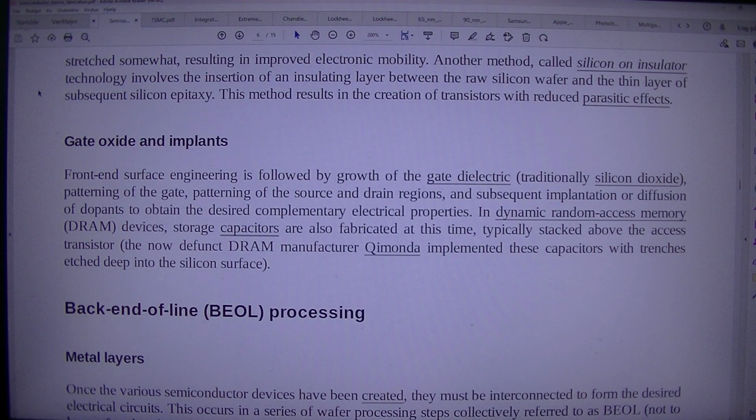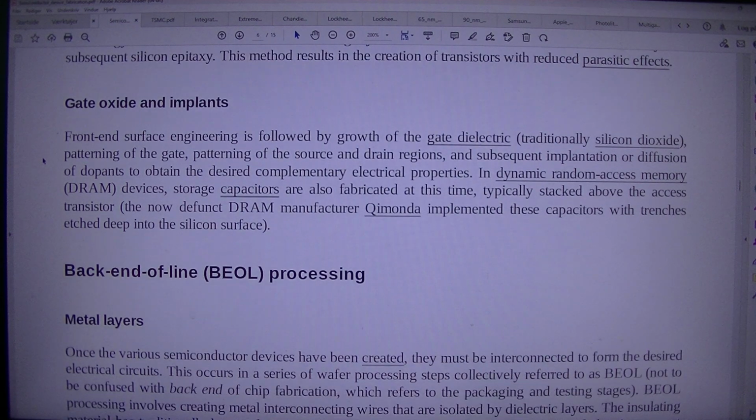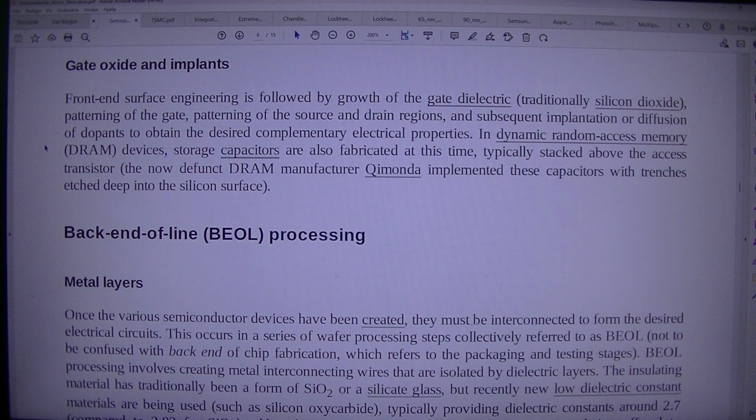This method results in the creation of transistors with reduced parasitic effects. Gate oxide and implants. Front-end surface engineering is followed by growth of the gate dielectric, traditionally silicon dioxide, patterning of the gate, patterning of the source and drain regions, and subsequent implantation or diffusion of dopants to obtain the desired